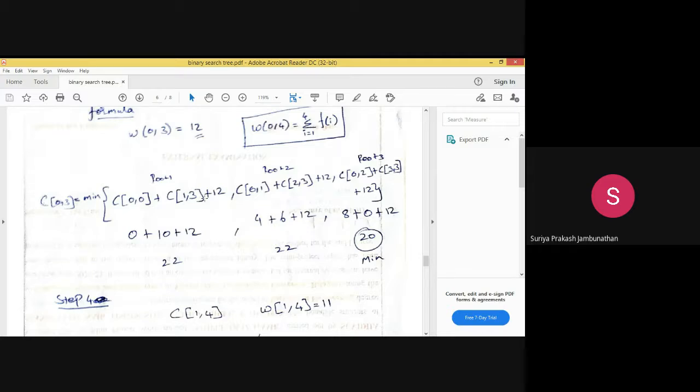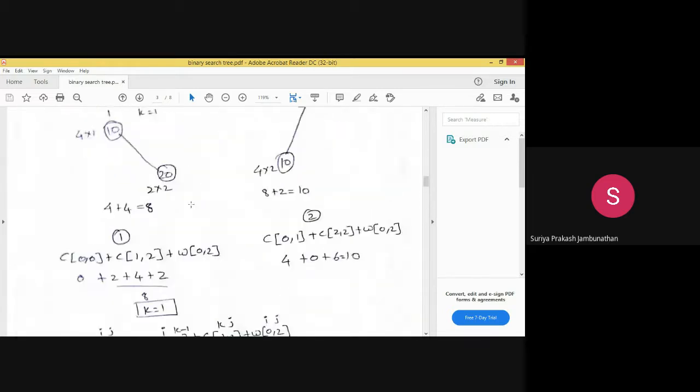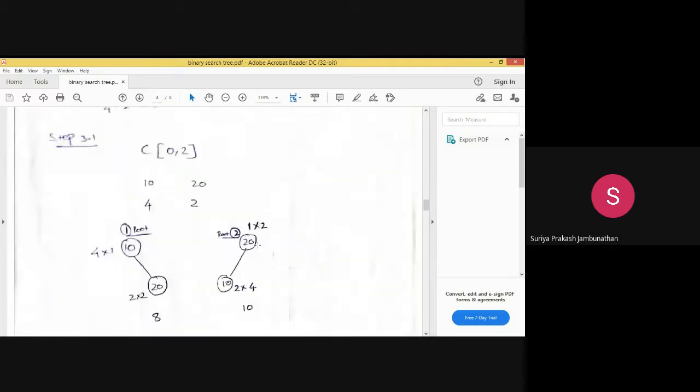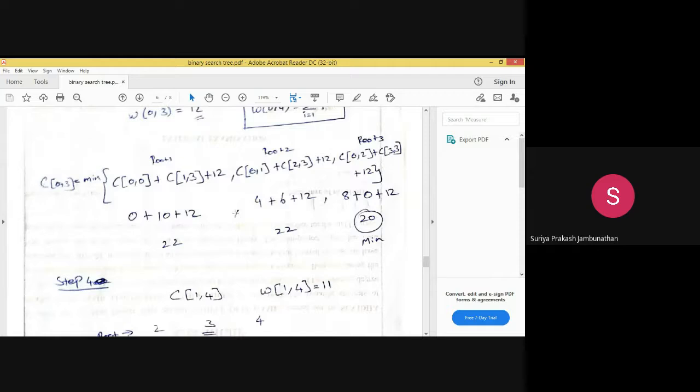So while we are doing the optimization, C of 0 0 will be 0, C of 1 3 we are getting 10. So C of 1 3 we are retrieving from the table. When you are seeing C of 1 3, the value what we got, that we are retrieving. So C of 1 3 is 10. So this value we are substituting there. Okay, so next to this we are substituting the 12. So 12 will become as it is. While adding all these things we are getting 22.